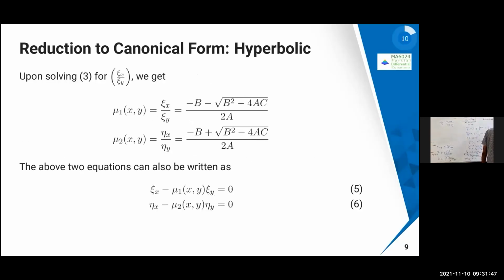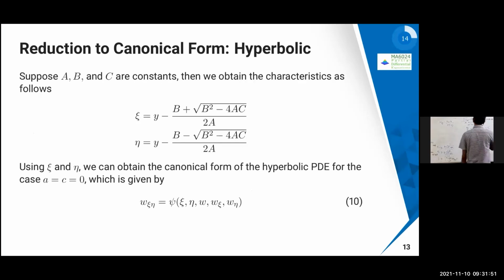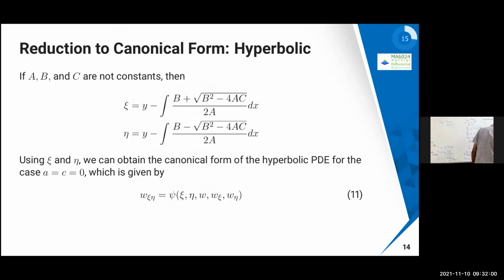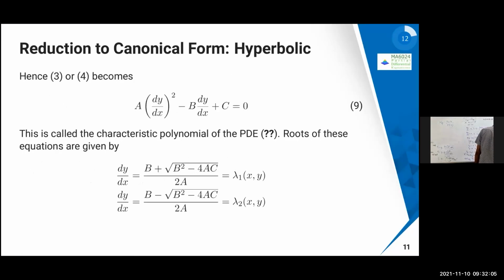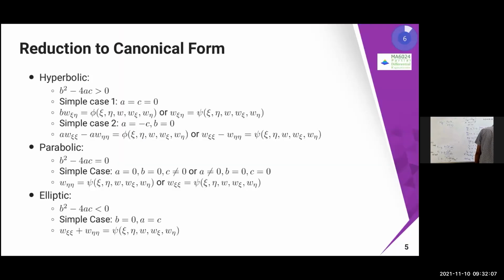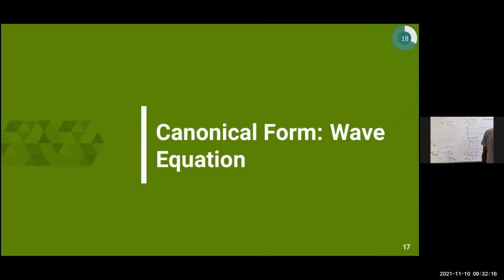So if it is a hyperbolic PDE, if you identify that either in this form or in the reduced canonical form, this hyperbolic PDE means this PDE can be transformed either to this form, or in the simple case you are going to get it this way. This is a simple case we got. Or this format you are going to get. So this is the reduction.